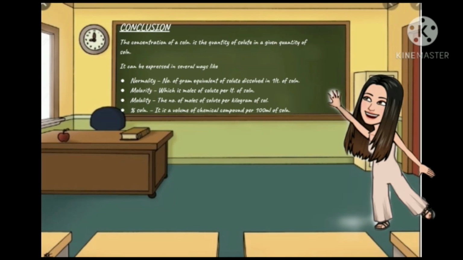Well explained, Atharva and Sharvari. So this concludes the focus of discussion of our group. To end, I'd like to highlight that different units are used to express the concentration of a solution depending on the application. The concentration of a solution is the quantity of solute in a given quantity of solution. It can be expressed in several ways, like normality, the number of gram equivalents of solute dissolved in 1 liter of solution; molarity, which is moles of solute per liter of solution; molality, the number of moles of solute per kilogram of solvent;